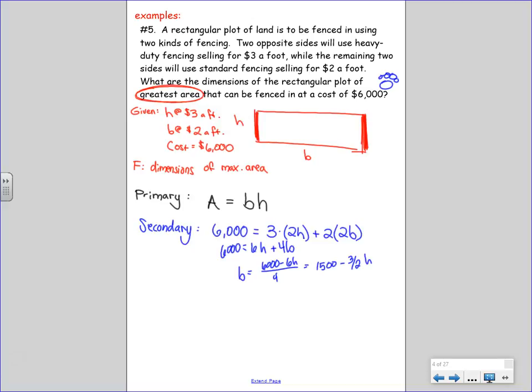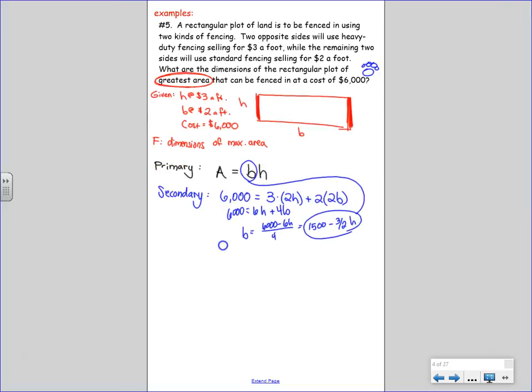And what am I going to do with this information? Once I plug it in, I have an equation with one variable. I can take a derivative and I'm golden. H would be like our X. So he's going to be the one we're solving for critical numbers. So I get A is equal to,